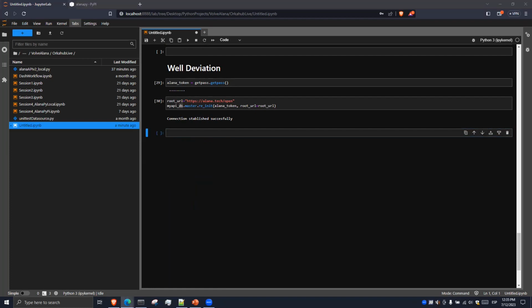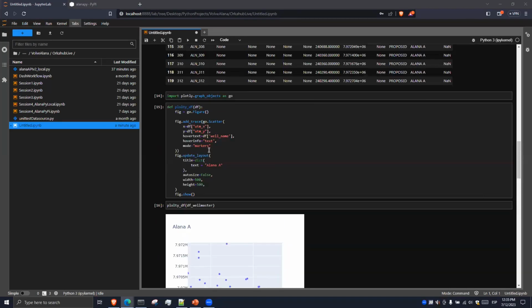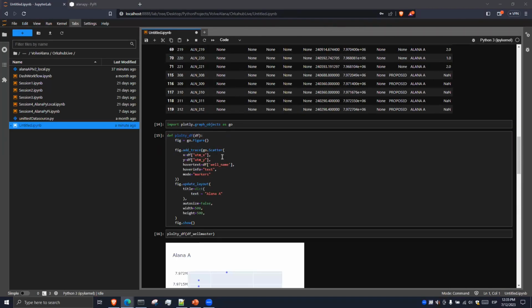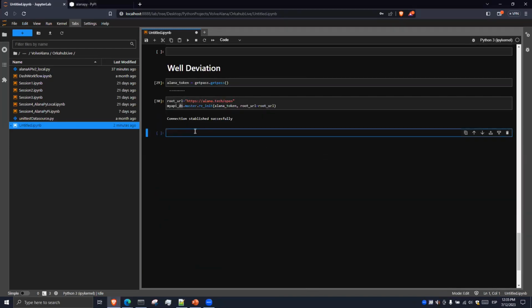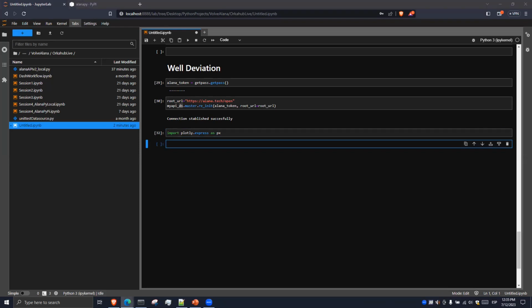Instead of using the Plotly graph object, because that is the scatter plot, I'm going to use a 3D version of a visualization. In this case, I'm going to import Plotly Express. And here, I'm first going to call a function that is stored in the data source class called get well deviation. If I run it,